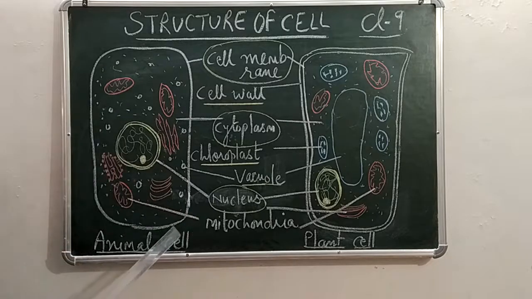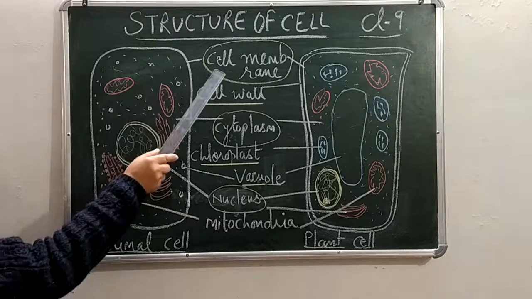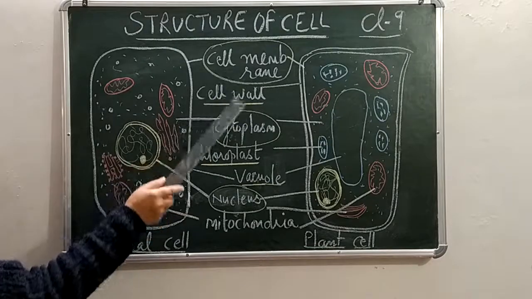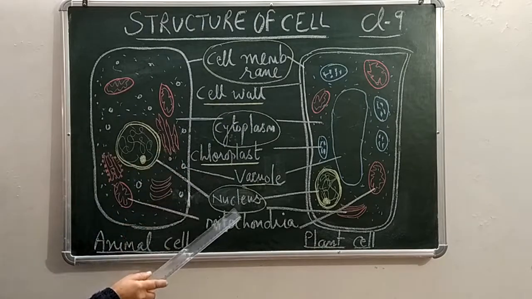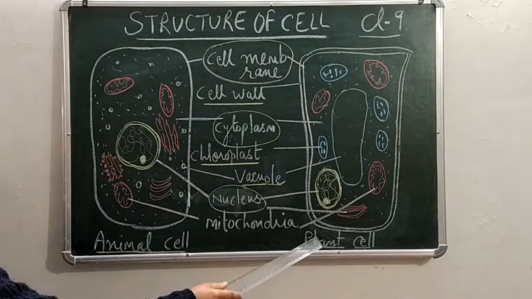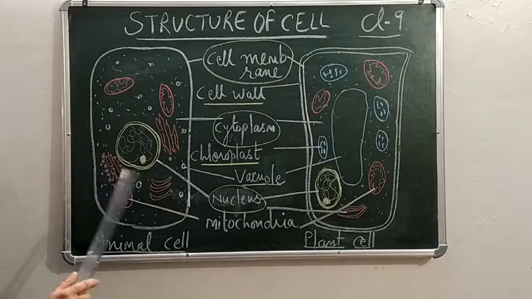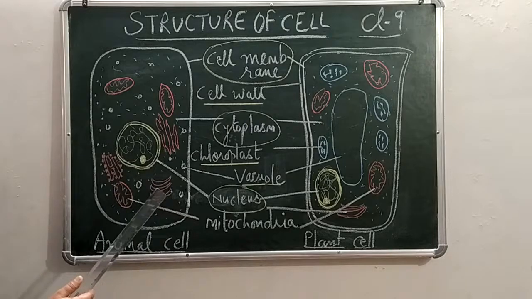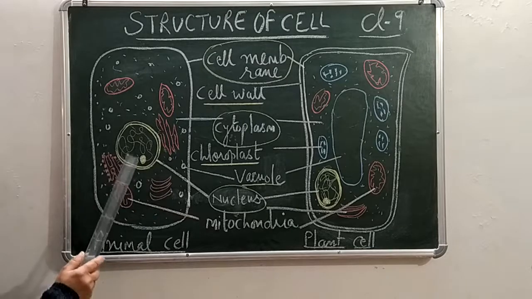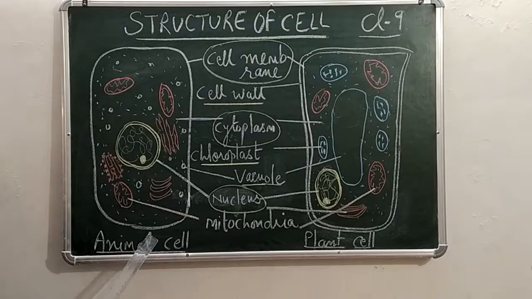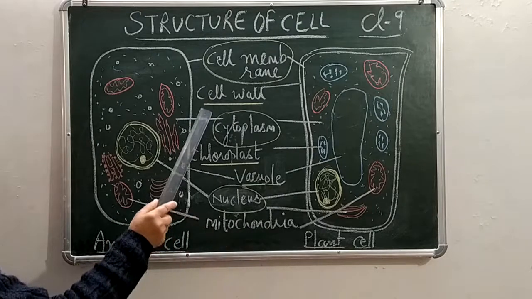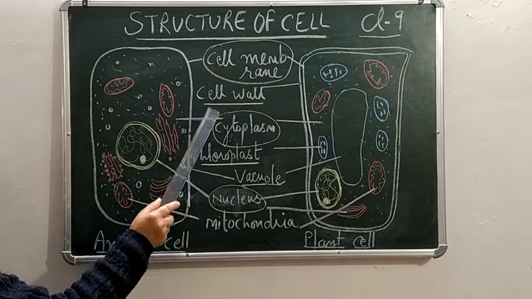So today you have learned that every cell contains three main parts: cell membrane, cytoplasm, and nucleus. Now since animal and plant cells have been drawn here, there are three main differences, children. There are other differences also, but you should always remember three main differences between an animal cell and a plant cell, and these differences are underlined.